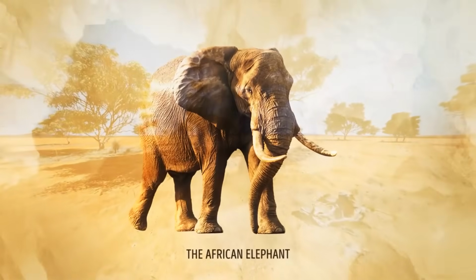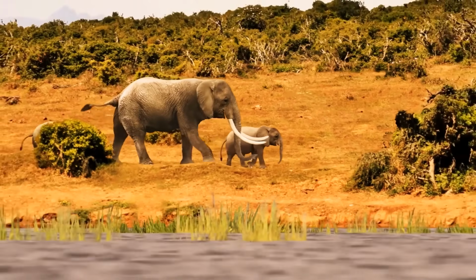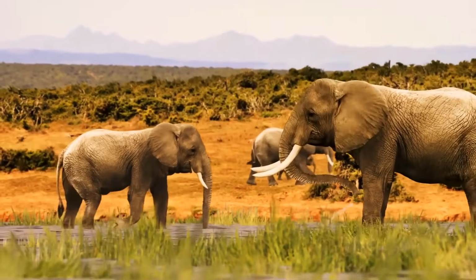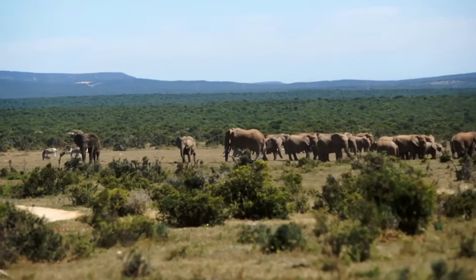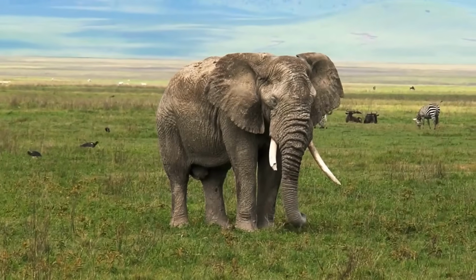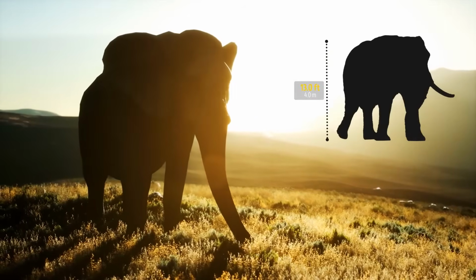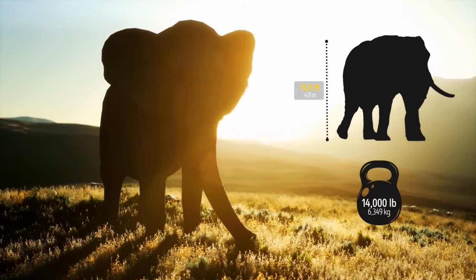The African elephant is the largest land animal on Earth and one of the most recognizable ones. There are two species of the African elephant, the savanna elephant, Loxodonta africana, and the forest elephant, Loxodonta cyclotis. You can see them in various parts of sub-Saharan Africa. These creatures can be identified by their large size, gray skin, and long trunks. African elephants can grow up to 13 feet tall and weigh up to 14,000 pounds, depending on the species and